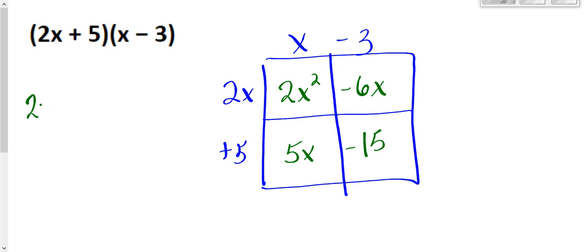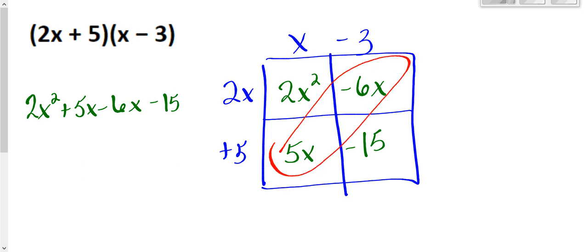So combining all of these, I have 2x squared plus 5x minus 6x minus 15. But hopefully we know that these should combine together. So I can rewrite this as 2x squared minus x minus